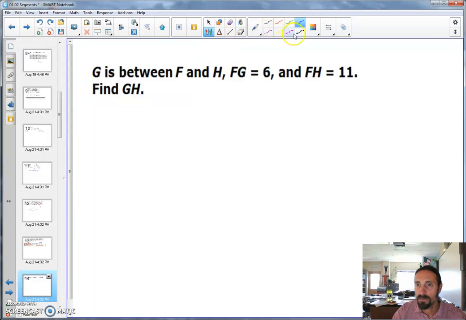All right, very good. You're back. Let's draw a quick line here because it says G is between F and H. So draw a picture. When in doubt, draw a picture. Let's put some points on there. So I've got F, G,